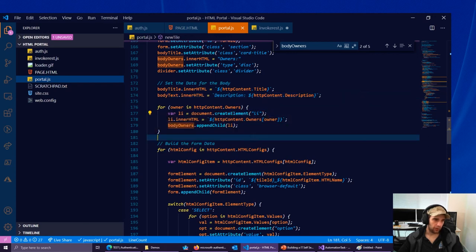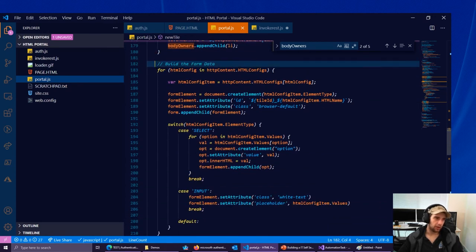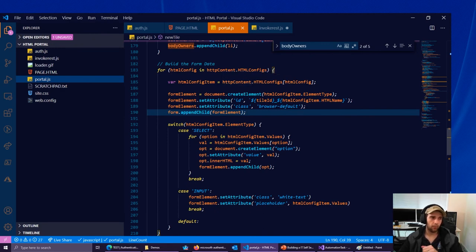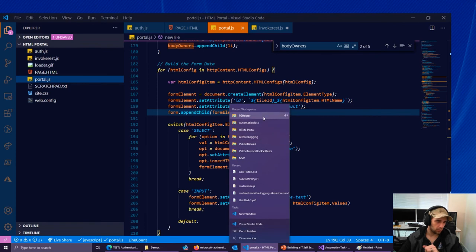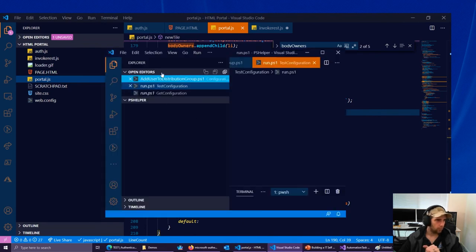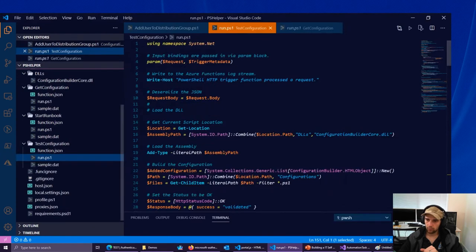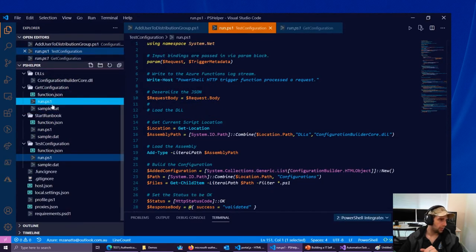So once it's done that, it'll add all the owners, and then this is really where it comes down to the be-all and end-all, which is building the form data. So essentially what happens is it'll go through each of the configuration items within the form. So if we quickly go back to our configuration,